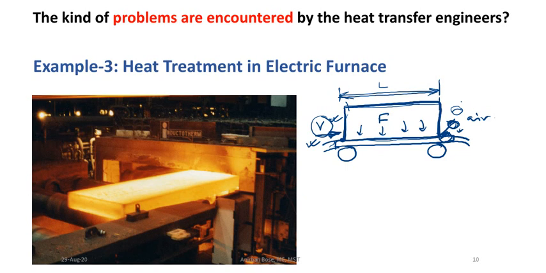Okay, so in these three examples you can see, in the first example we have considered, which is mainly dominated by the conduction, which is the case of insulation on steam pipe. In the second case you have seen, we have considered the condenser, where basically the process is dominated by the forced convection, and here in this example you can see it is mainly dominated by the radiation. Okay,